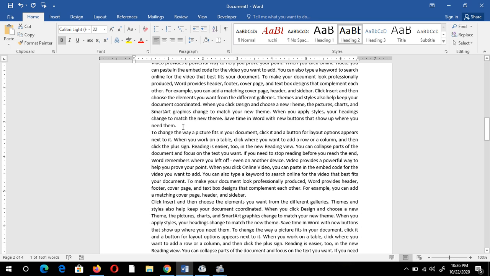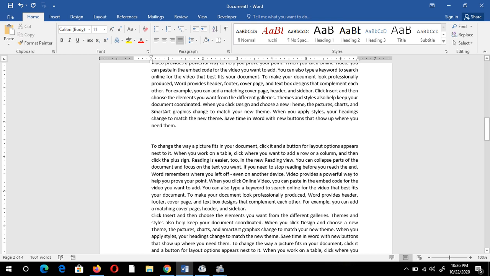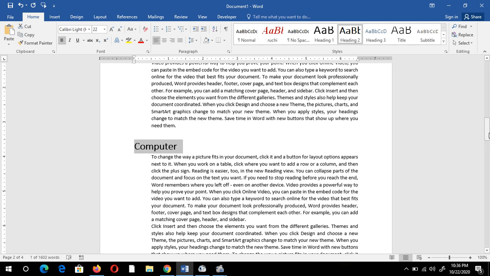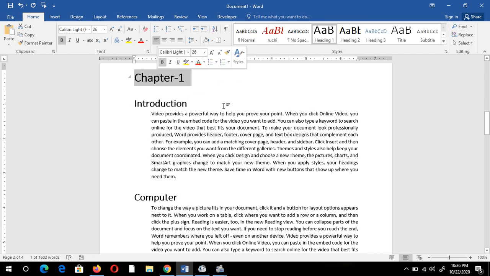After the introduction part, I want to write my main topic. Suppose this is all about computer. I want it to be Heading 2. Why Heading 2? Because Heading 1 is my chapter 1 and all these are under chapter 1. So this is Heading 2, this is Heading 2, this is Heading 1.